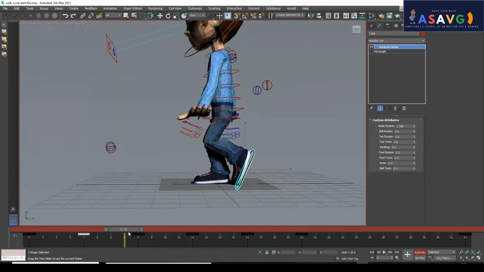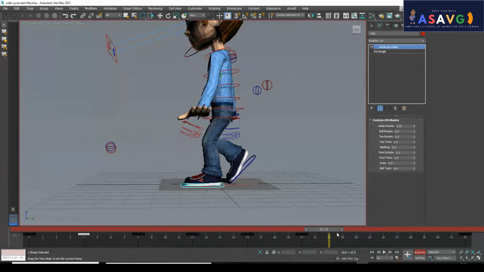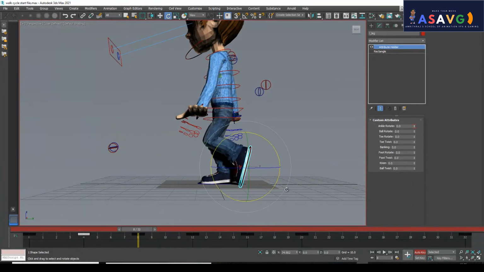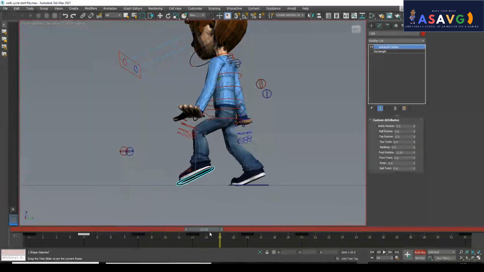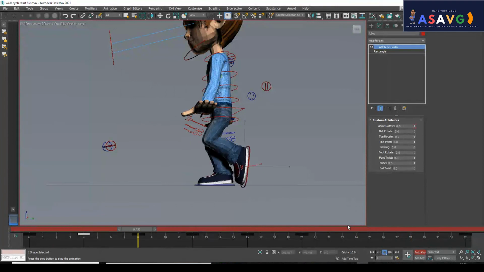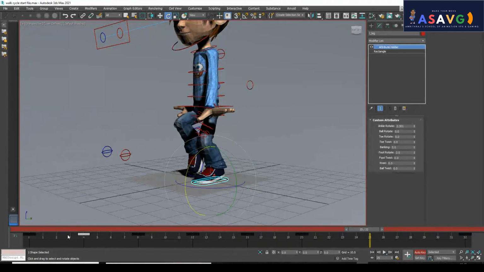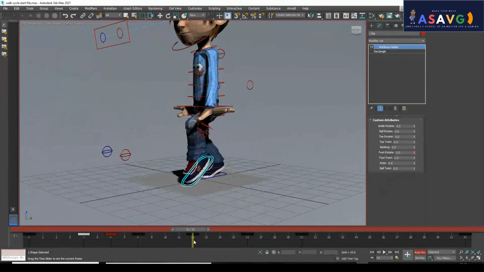Now this area also, I have done a little bit, we can see the reference for that. Okay, for the follow through I will make a little bit like this. Now both legs are working fine, as smooth as that. If something is penetrating, just make sure that it is a little bit up for this. In between, just make it a little bit up, that's all. We can use the in-between key, that's all.